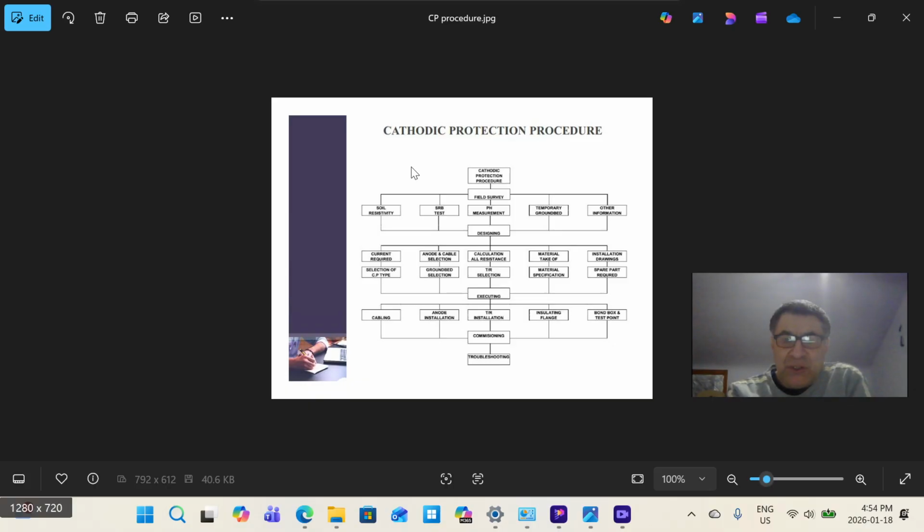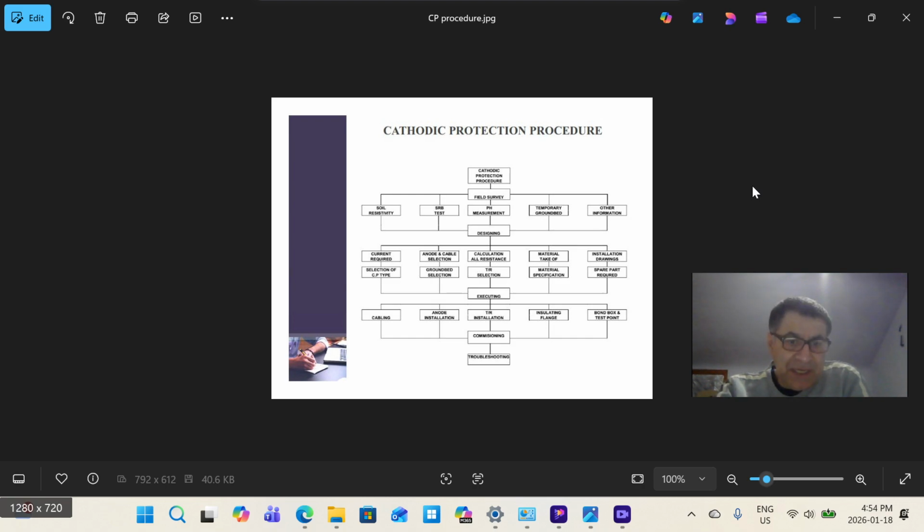and we should provide the installation drawing. As I said, depth of the burying of the anodes, number of anodes, distance of each anode, and weight of the anodes must be calculated, and detailed drawing of the calculation and drawing, and exactly which point the cable is going to be connected to the pipeline,